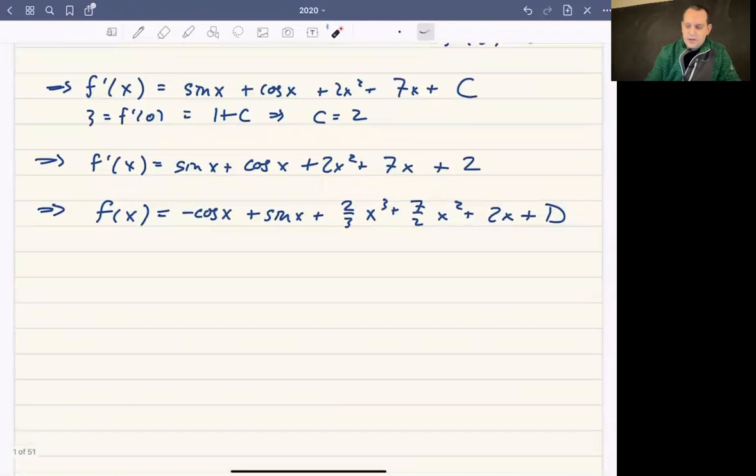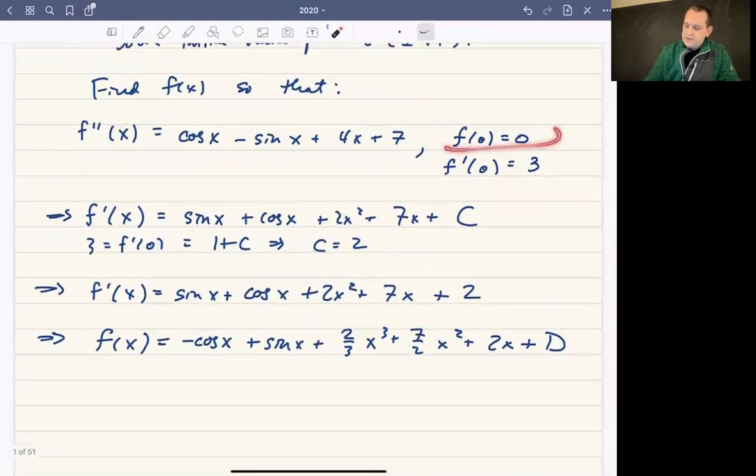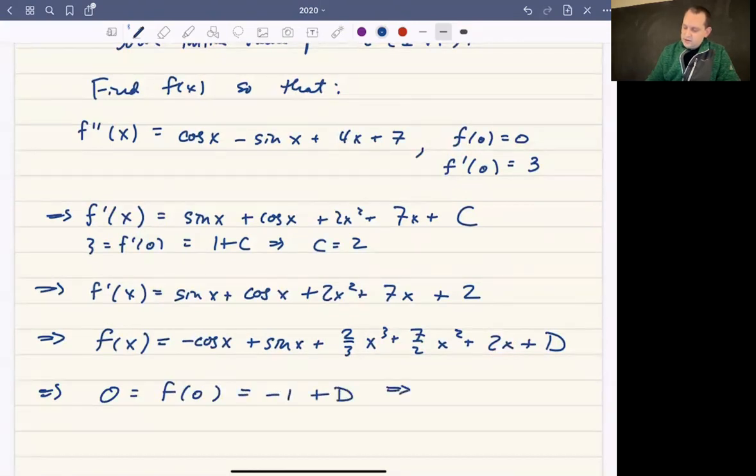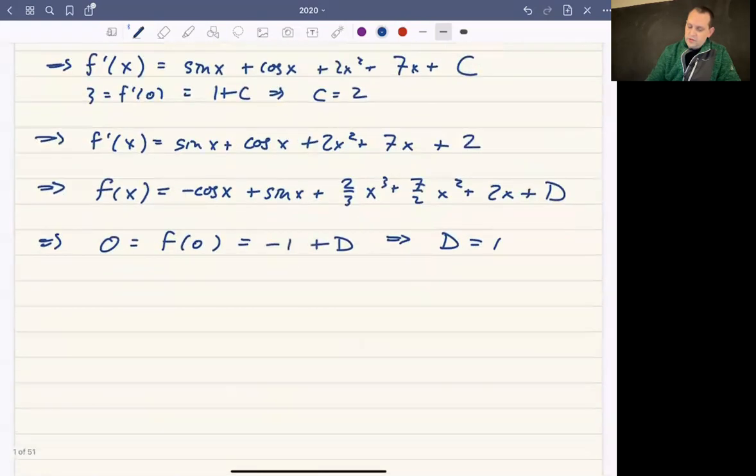And then you could plug in 0. So what do we know? f of 0 is 0. So when we plug in 0 here, we're going to get negative 1, 0, 0, 0, 0. That means that d must be 1. And therefore, if I wanted to write this out, which I should, 0 equals f of 0 means that negative 1 plus d is 0. Therefore, d is 1. And therefore, we can conclude that the one and only one function that's going to fit